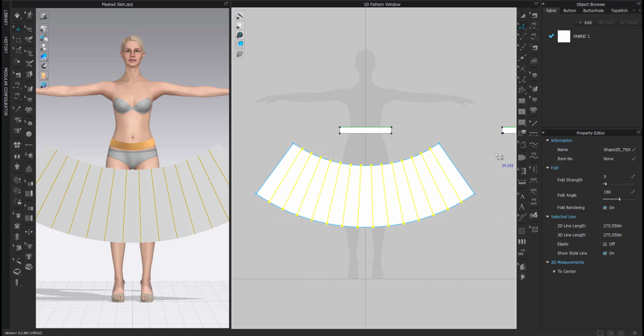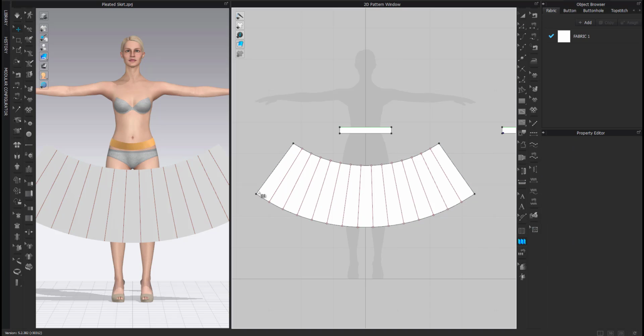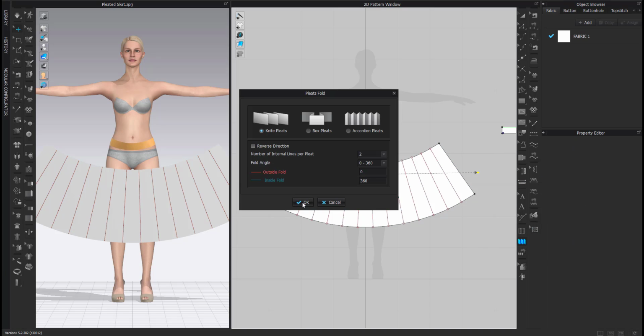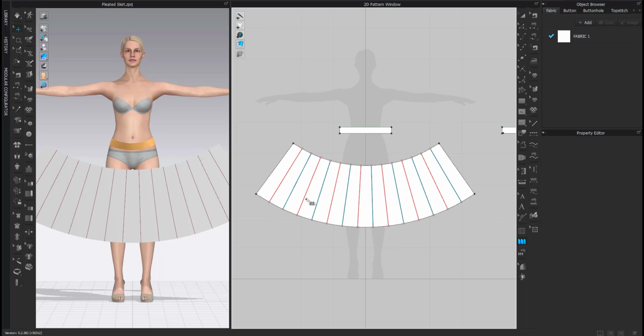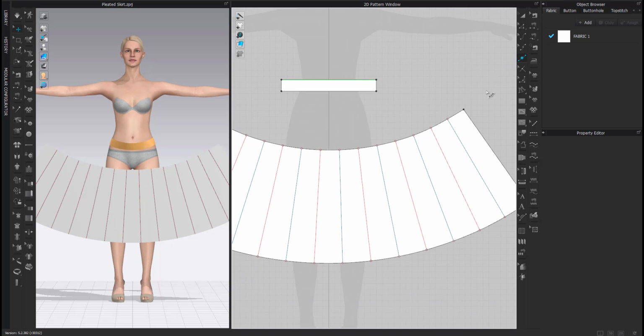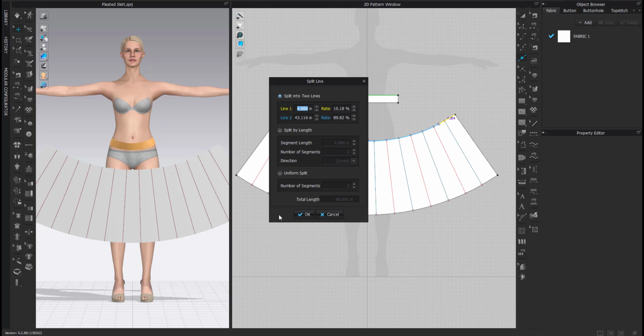Now these will fold. Obviously we can fold this with our Pleats fold tool, okay, but this will not sew correctly because this is a single segment. The top segment here needs to be broken up into equal segments that match where these internal lines have gone. So if I use my internal or my segment point tool and I right click here,